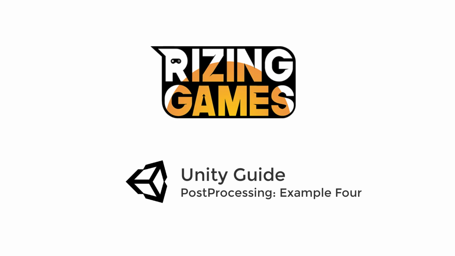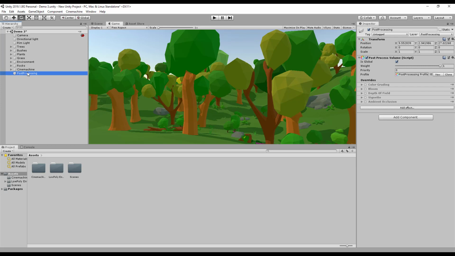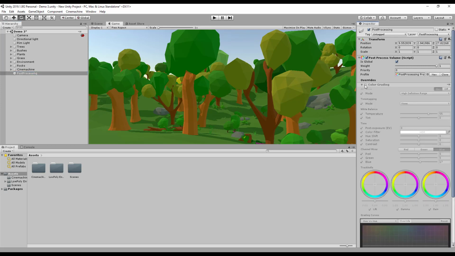This example will show you how to use the post-processing effects to add a warm summer haze to this scene. Selecting our post-processing object, you'll see again familiar 5 effects. Our color grading, we've increased the temperature to around 50, and we've changed the red channel, we've increased the red,